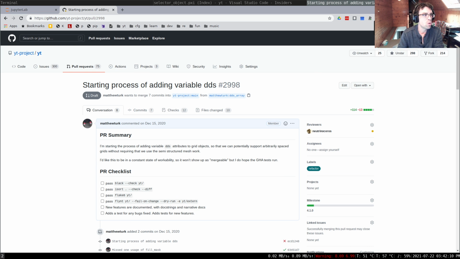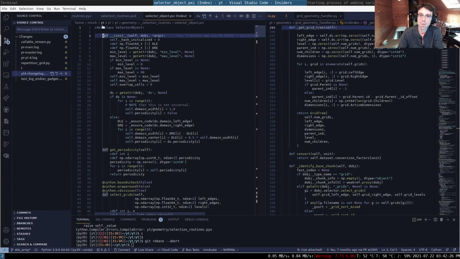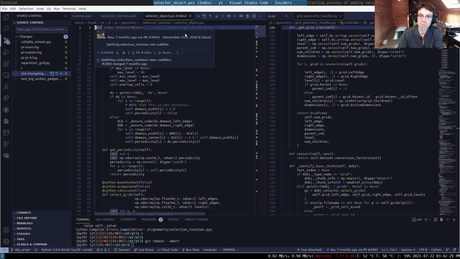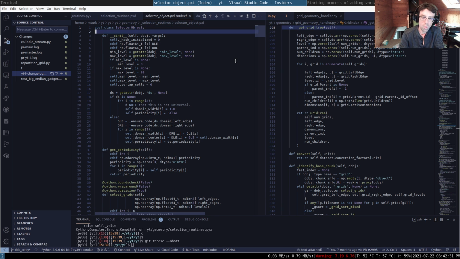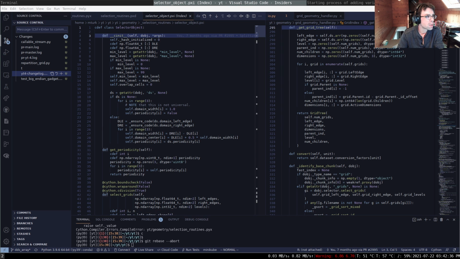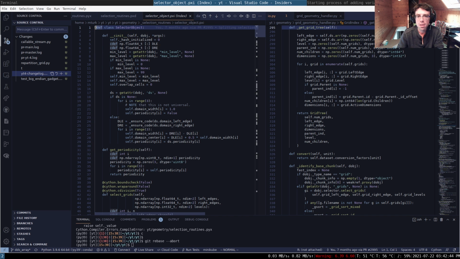The next step forward is going to be taking a semi-structured grid and trying to make it work with the normal grid objects. We should then see a vast speed up in performance. So I think that has been what I can do for today, and I think this has been a reasonably productive